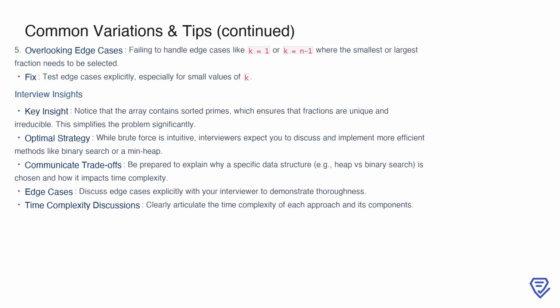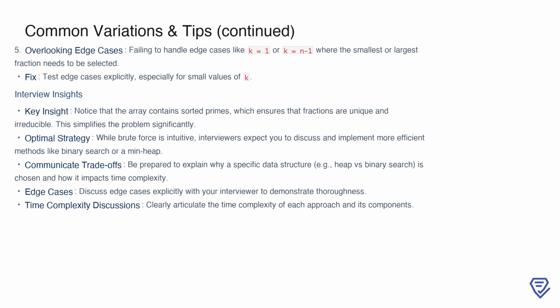Now, let's consider edge cases and interview-specific tips. Overlooking edge cases, such as when k equals 1 or k equals n1, can lead to incorrect results. These are scenarios where you need to select the smallest or largest fraction, so it's important to explicitly test these cases, especially for small values of k. From an interview perspective, one key insight is that the array contains sorted primes, which ensures all fractions are unique